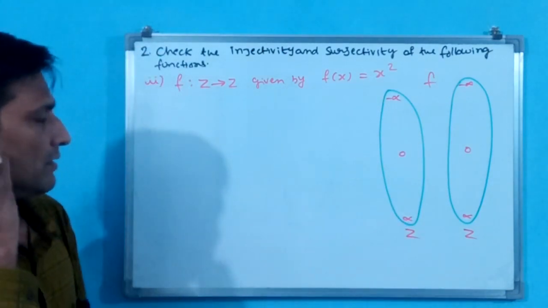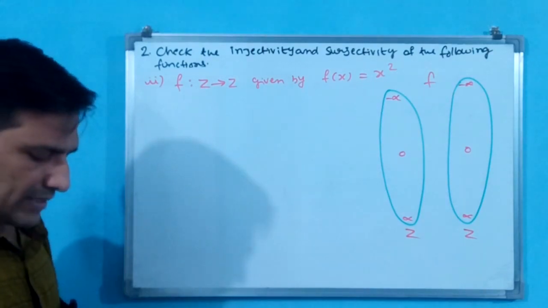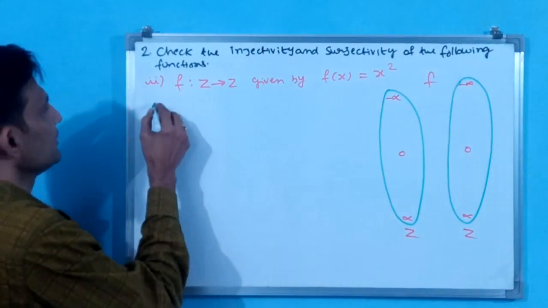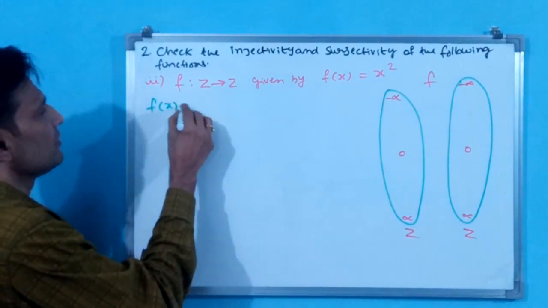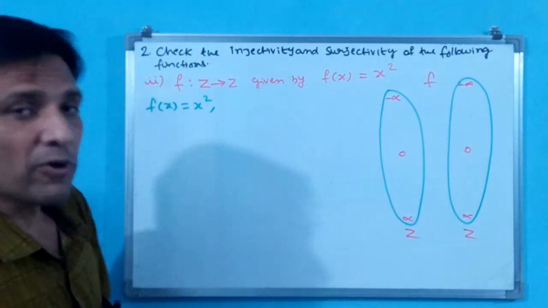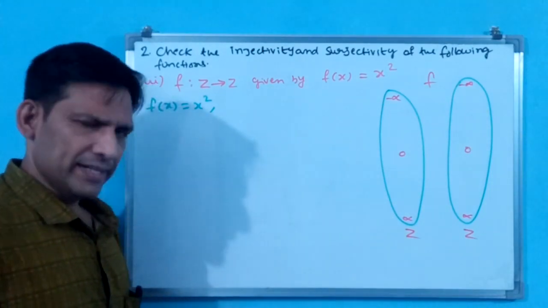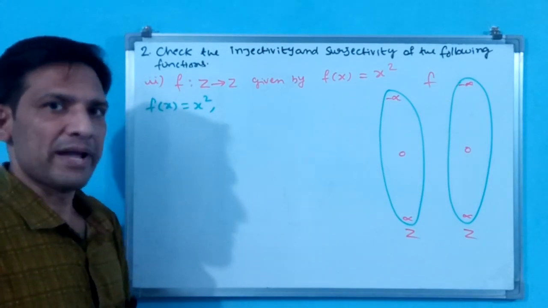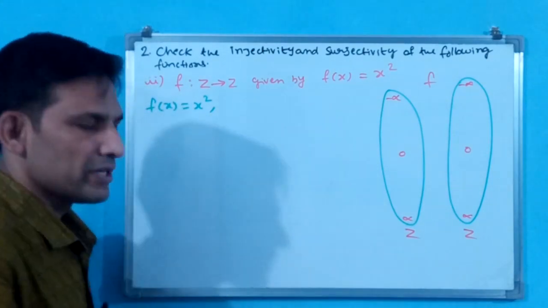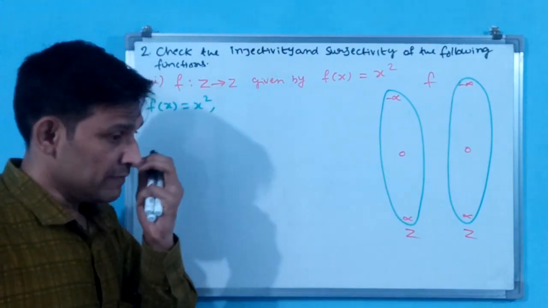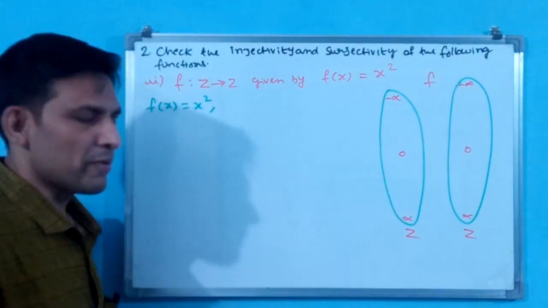Okay. Now we see the function. How can we write and draw? f(x) is equal to x square. This is the function. Now we take 3, 4 elements from the domain. This is the domain we take. This is a function, which means every element in the domain will have a relation. When it is having a relation, that is called the domain.